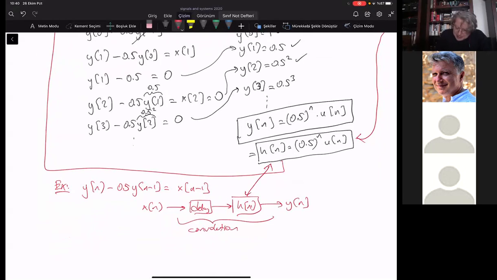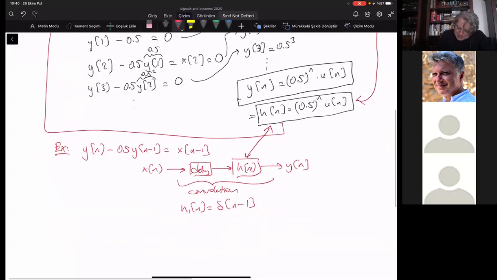What is the delay? The delay is, let's say, h1 of n is equal to delta n minus 1, delay by 1. And this h2 of n is 0.5 to the power n u of n. So try to convolve delta n minus 1 with this one. Convolution with an impulse is simple. It's just applying the same amount of shift that is appearing inside the impulse to h2 of n. That will be your